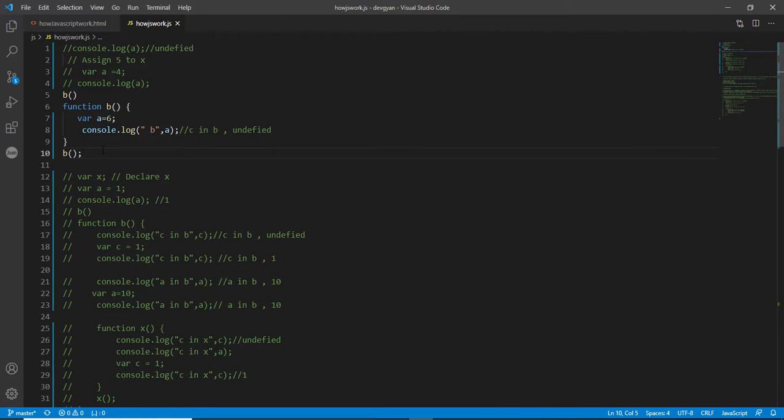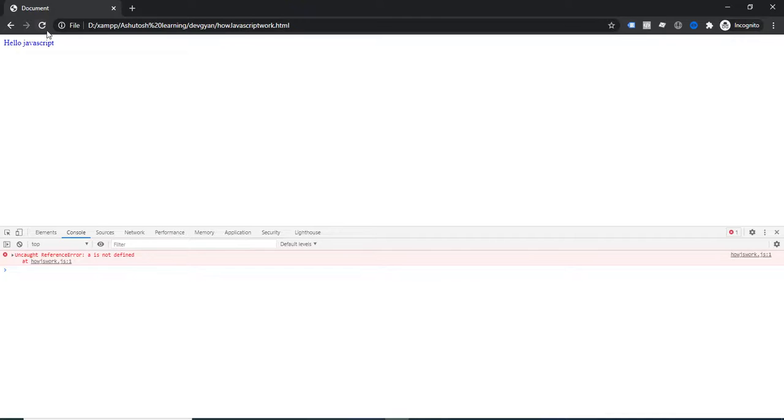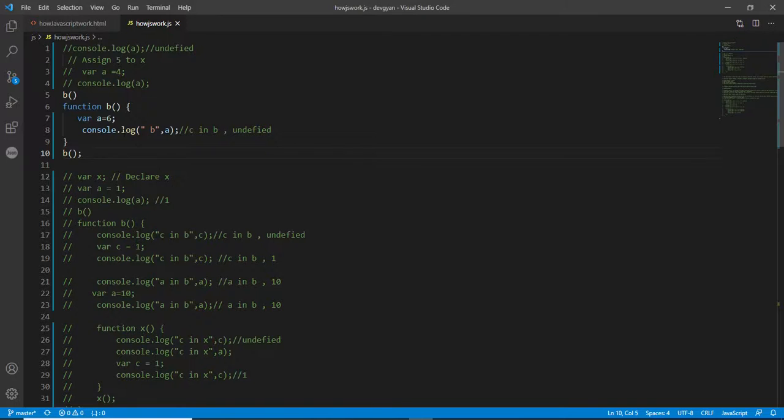Let's try to understand. If I go to the browser and refresh it, you can notice that in both cases the value is the same. So it means that before the function statement we can call a function, or after a function statement of course we can call a function. So why is this only for the variable, not for the functions? All this type of questions will be answered in this particular video. So we will discuss how JavaScript works internally.